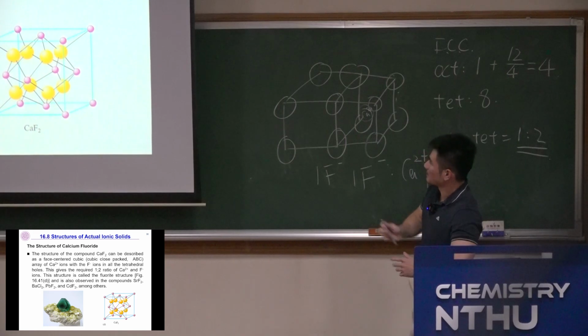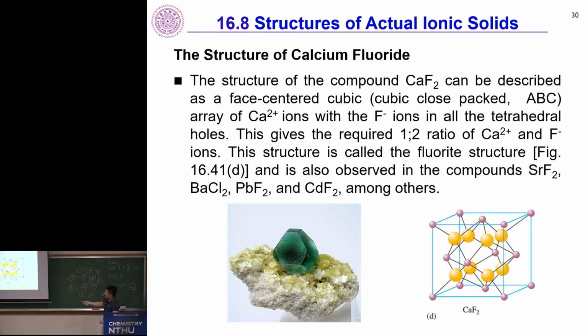So that's what you see here. Diagonal, left, right, top, bottom, towards the edge. You can have another one here, 0, 0, 0, 0, 1, 0, 1, 0, 1, and it happens to be FCC. So what we're going to say is this is a fluoride structure with the fluoride anion in